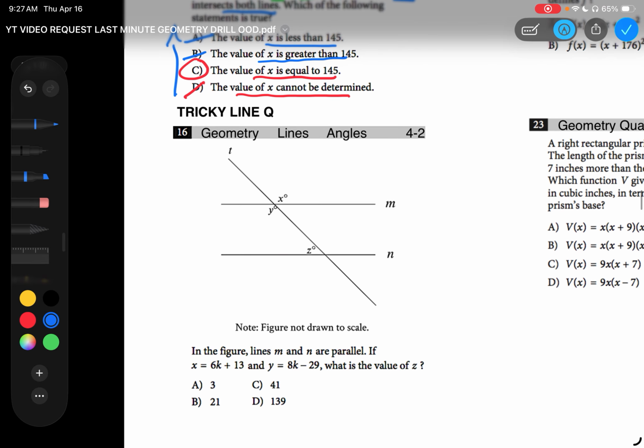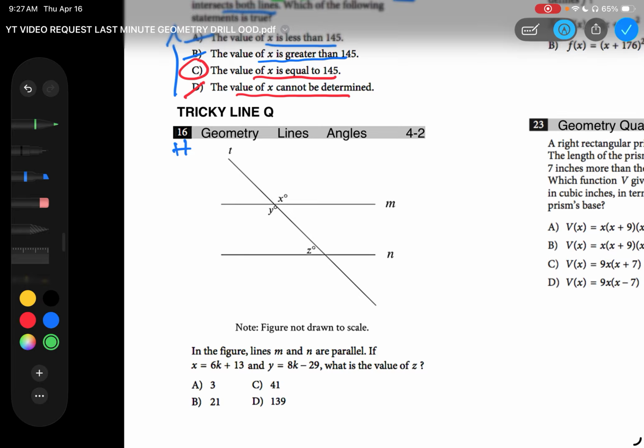All right, this is a tricky line question. Why? Because it's a hard question. So we've gone one step beyond medium level questions. Questions 1 through 7 in a digital test would be easy, questions 8 through 14 or 15 will be medium level, and then right on the cusp of hard